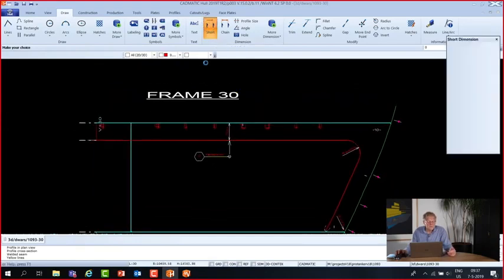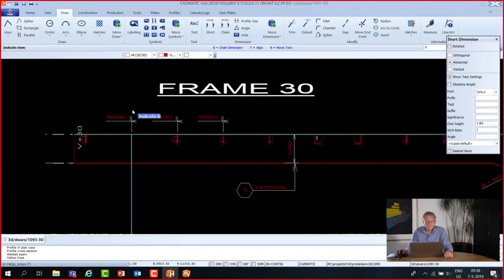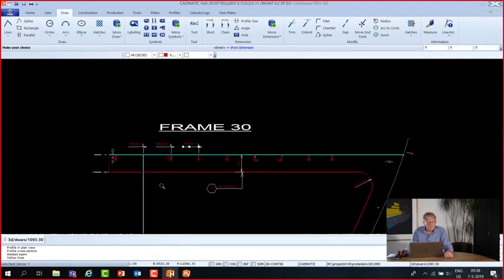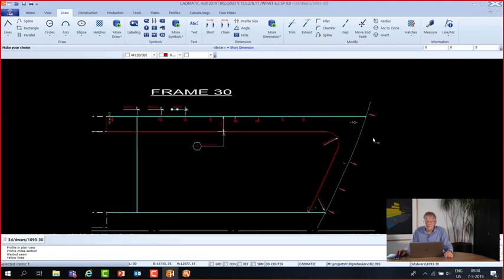And you also have the possibility to add more. Not this one, so if something goes wrong you can use the K to delete it. I want to have a horizontal one, so I want to have it from here, there, like this. Okay, for me it's okay now, so consider frame 30 as ready, but I'd like to have a copy of